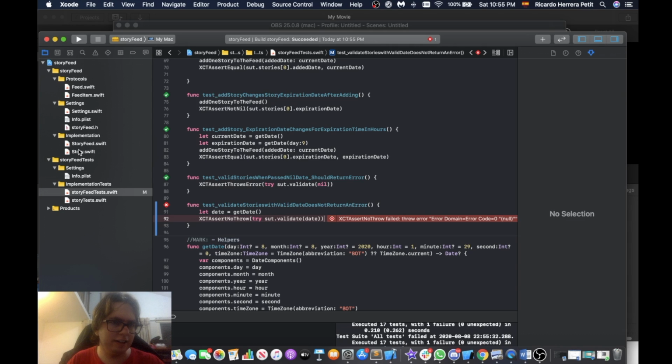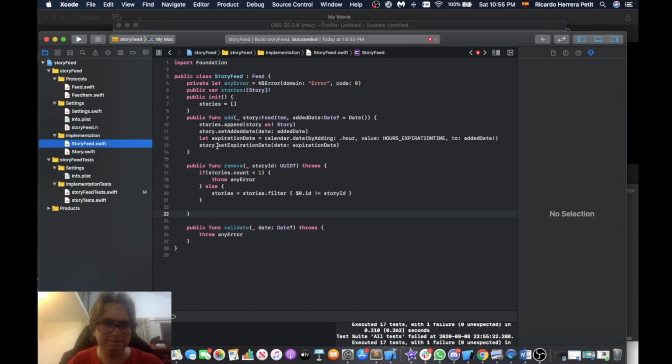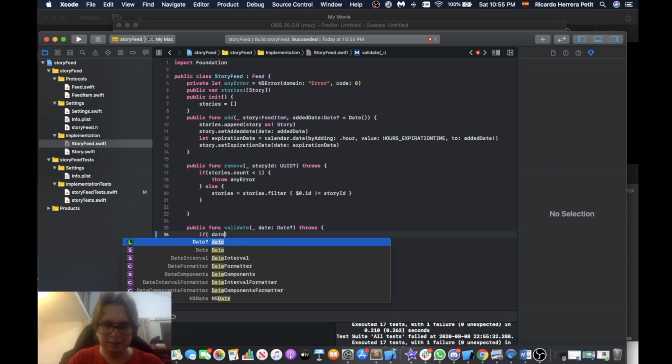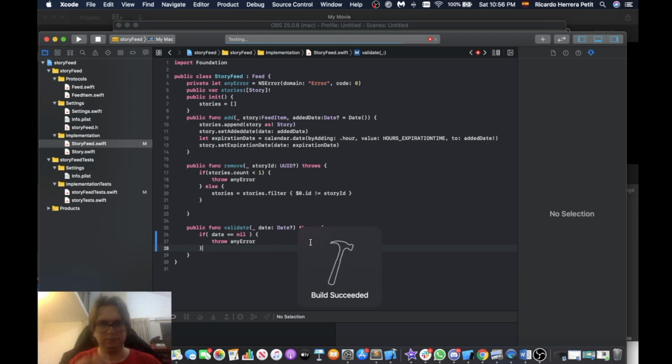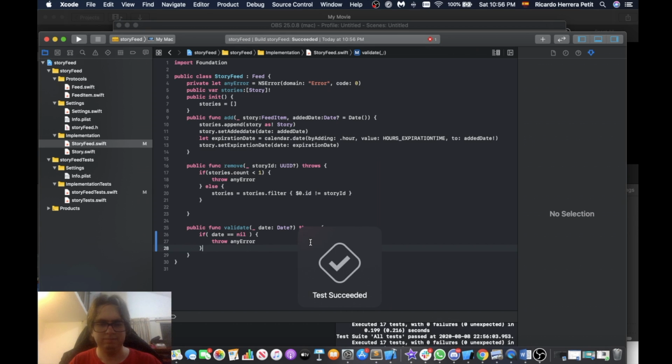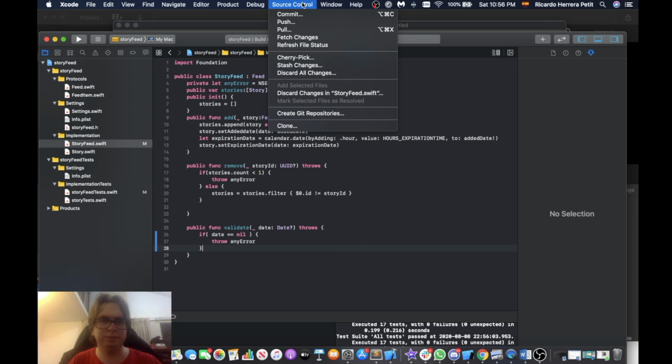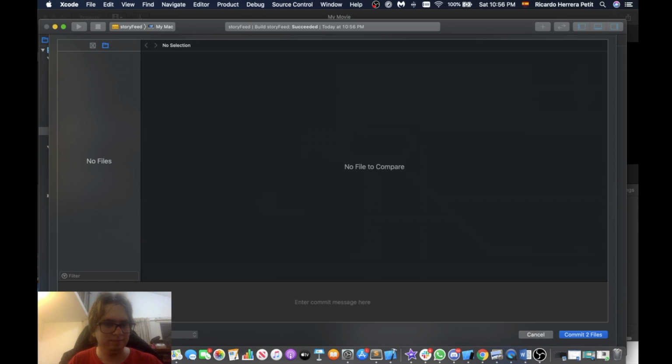So the only thing I have to do here is in the story feed, in this validate, just throw an error if date equals nil. If date equals nil, I'll throw an error. Otherwise, I won't. Command U. Okay, they start passing. So commit, push to remote,